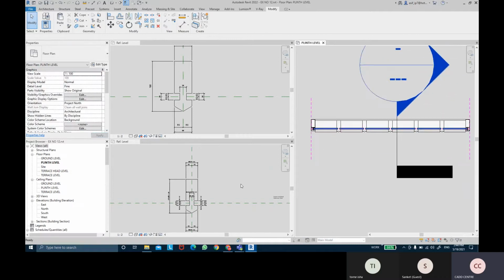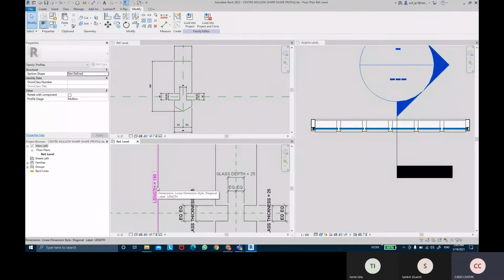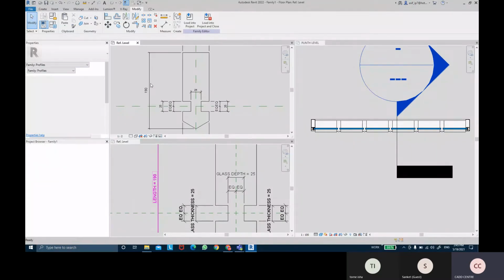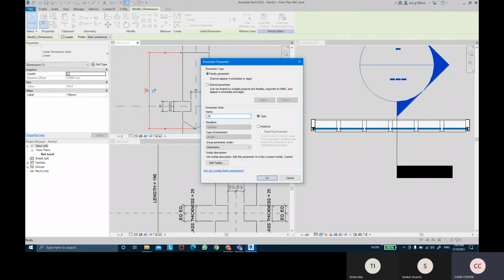when I edit these changes. Now once we have all these profile shapes and the profile parameters ready, we're going to apply the same parameter naming. You can see the name over here we have given as Length. So we're going to name this parameter also the same. The detail item, we're going to name with the same parameter. So this is going to be called Length. So once again we're going to give this as Length.